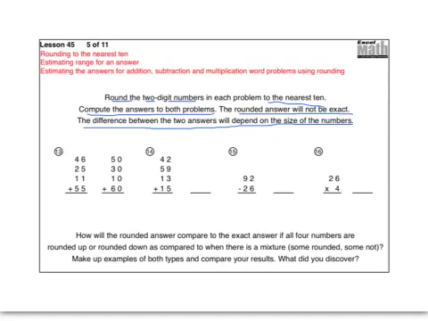Here's where a lot of kids go wrong. They do the math and then they round their answer. Well, that doesn't make any sense. If you're going to do the exact problem and then round that answer, why would you round that answer? You already know what the exact answer is. The whole point of estimating or rounding is that it makes a problem simpler because we don't care about the exact answer. So don't ever add the numbers together